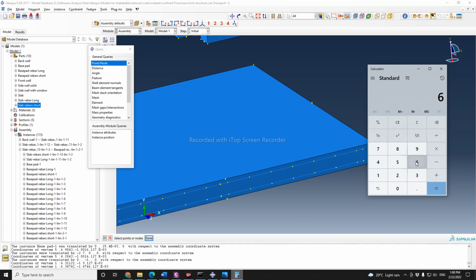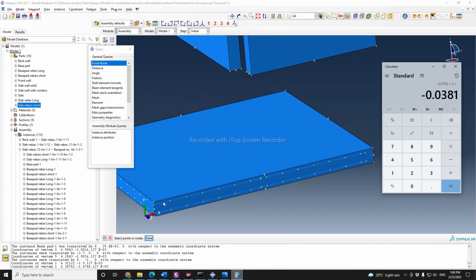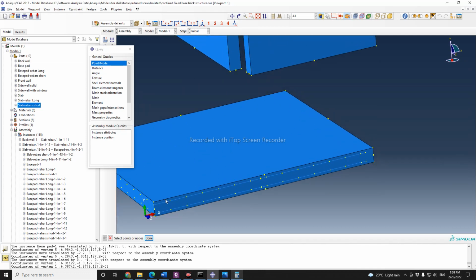direction. So the first one is 6.31122, and the second one is 6.37, 38742. So this spacing is 0.0762, which I will divide by 2, and this will give me 0.0381. So what I will do, I will select all my rebars in this direction, these rebars, and I will